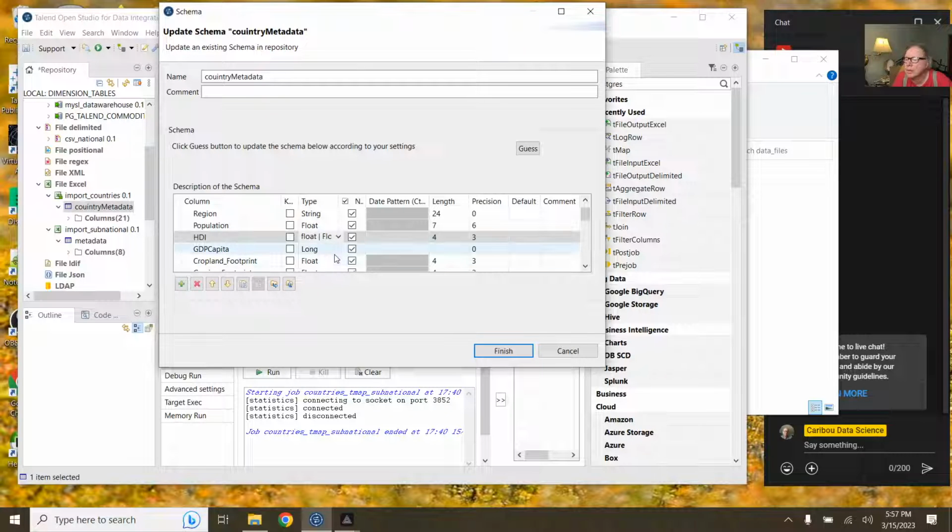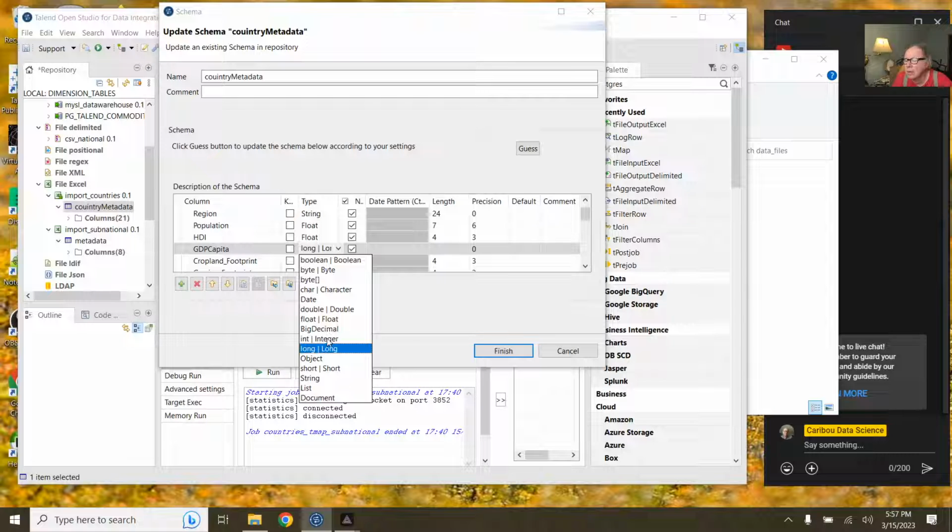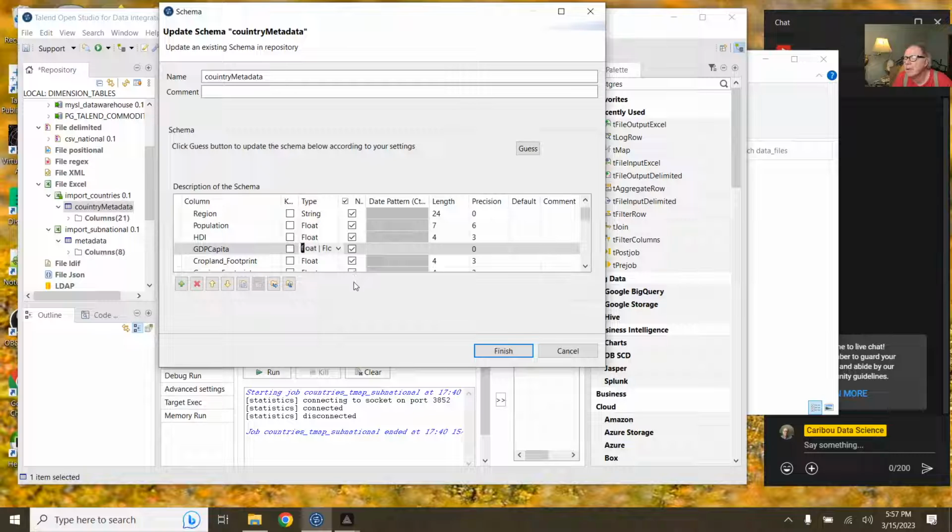Well, let's try a float. See how the float works. I think I may have to use a long. I used a long before, because per capita is